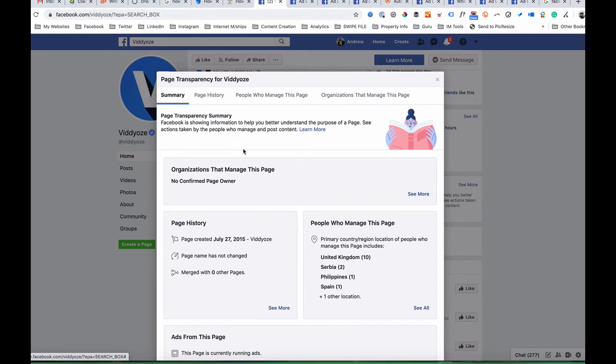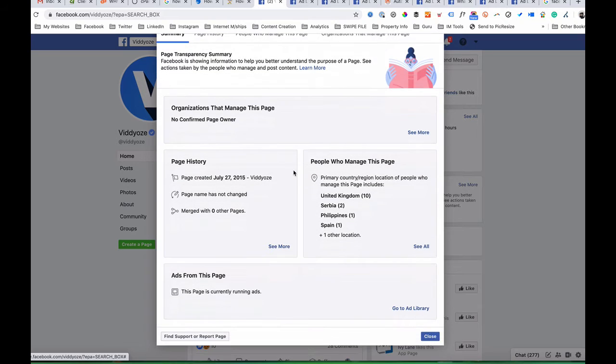Now, going back to the summary, I want to look down. I'm not worried about page history, although you can look at this if that interests you. But down the very bottom here, you'll see ads from this page. And here it says this page is currently running ads. If there are no ads, it's going to say there are no ads from this page, and then you're not going to find anything on that competitor. All right. So if it says this page is running ads,